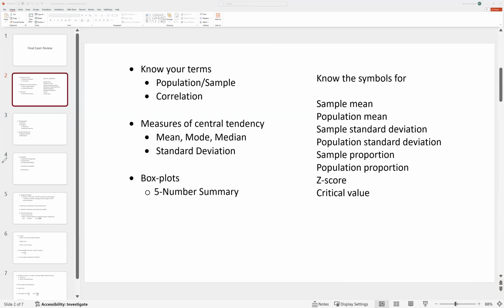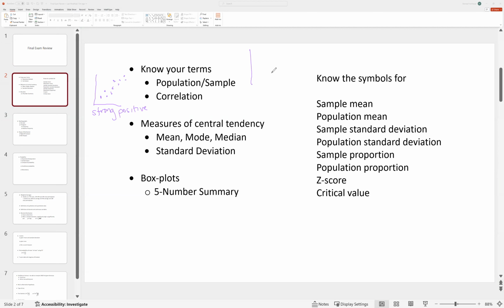So know your terms. So know the difference between a population and a sample. Well, we've talked about that quite a bit. But here's a term that you haven't talked about for a while: correlation. Correlation is something we talked about way back in chapter 1. So correlation talks about how close to linear something is. So if you see a graph that looks like this, what I would probably consider that, first off, it's positive because it's going in an upward direction, but I would probably consider that one to be a strong positive,